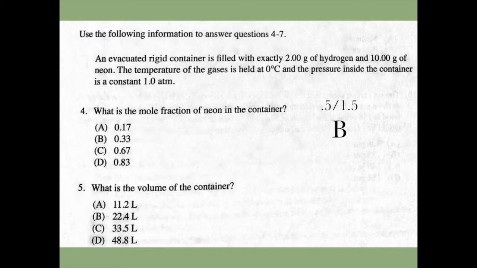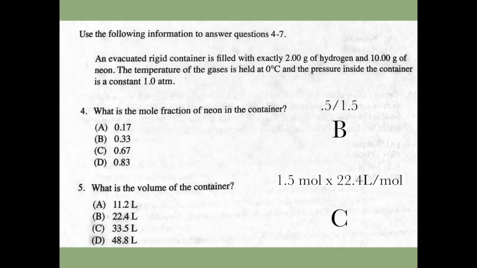Now, for this problem, my total number of moles of gas is 1.5 moles. I added them up, right? Because you had 1 from hydrogen and 0.5 from neon. So in this case, I just need to take 1.5, multiply by 22.4 liters per mole, and I end up